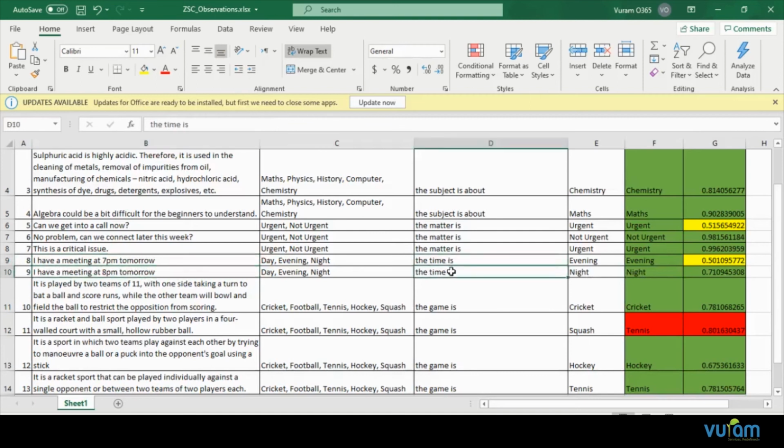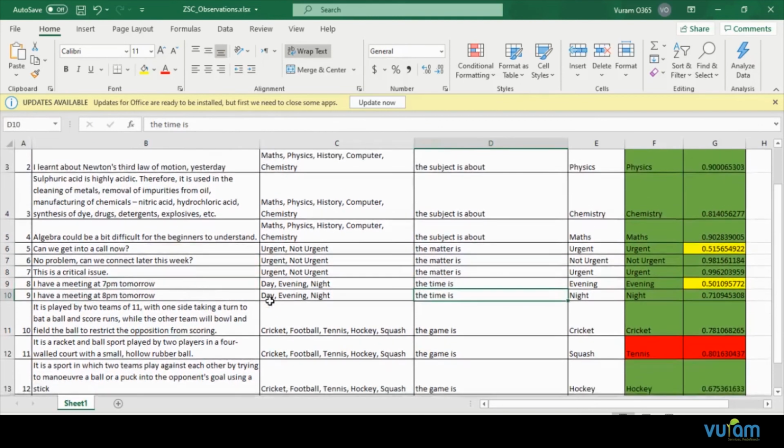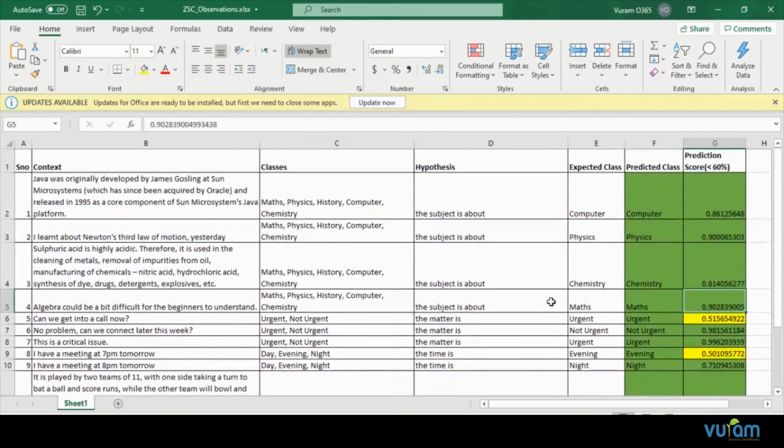This hypothesis, as I said, acts as a catalyst to boost the prediction score. This is the one given as the example in the document attached with the ML skill in UiPath Marketplace: "algebra could be difficult for beginners to understand", which is about maths. And as you can see, it has predicted as math with a 0.9 score.